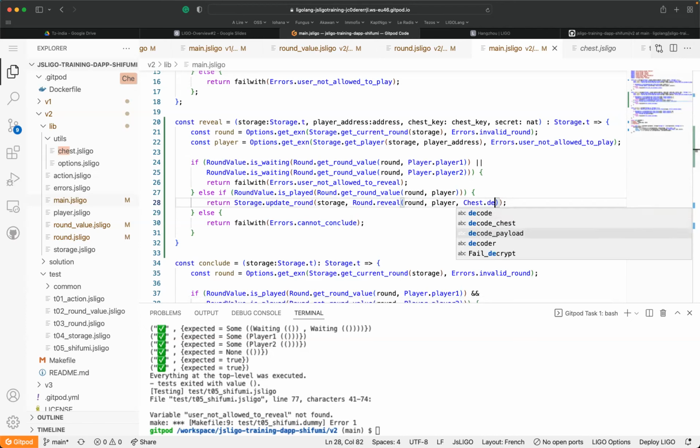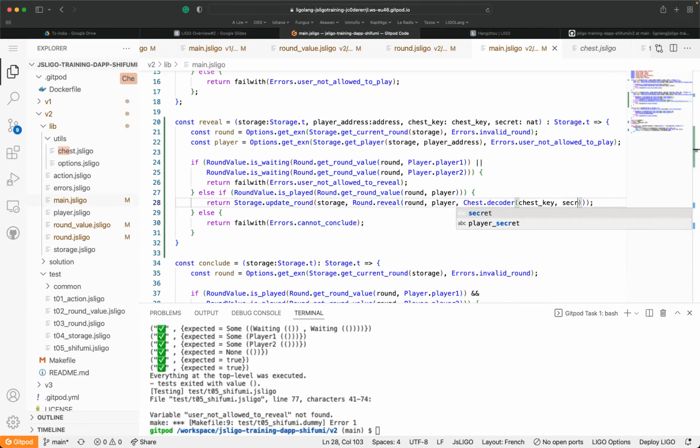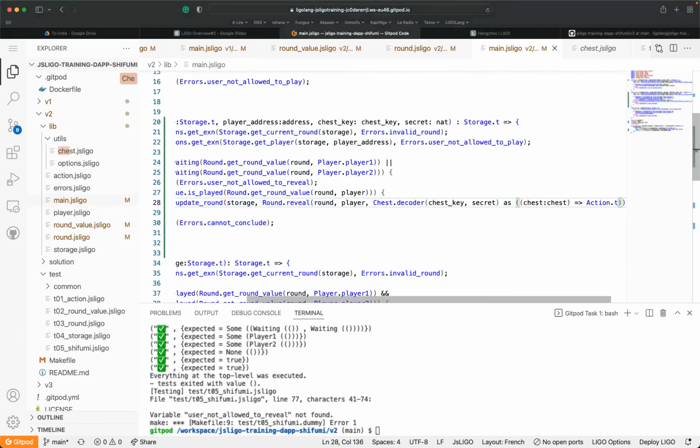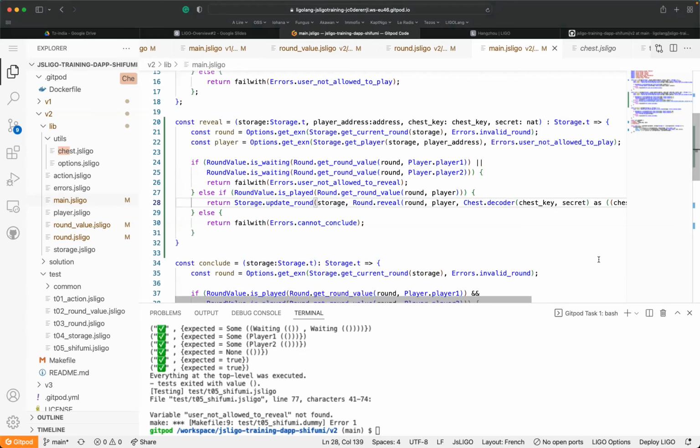yes, the chest decoder, sorry, with the chest key. And this one is provided by the small library which has been given, secret. And of course, for this one we have to give the type because it's not able to synthesize it. Okay, and that's all.